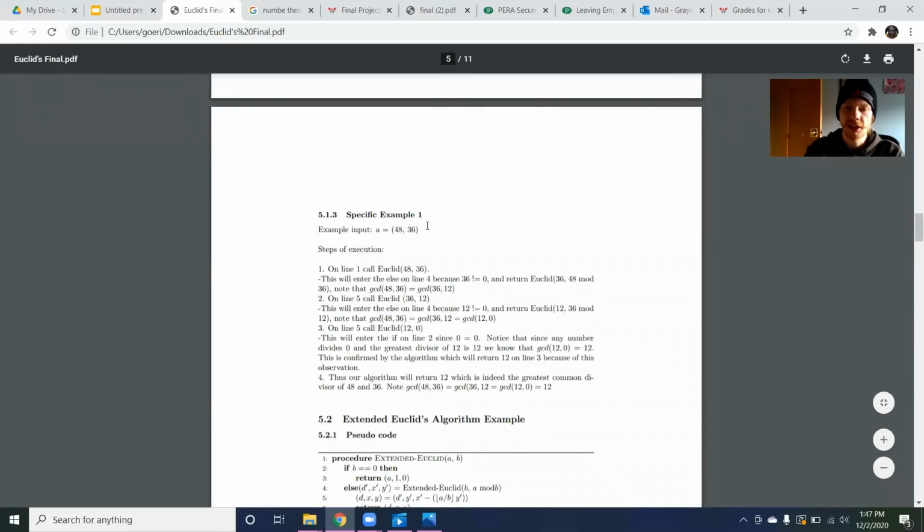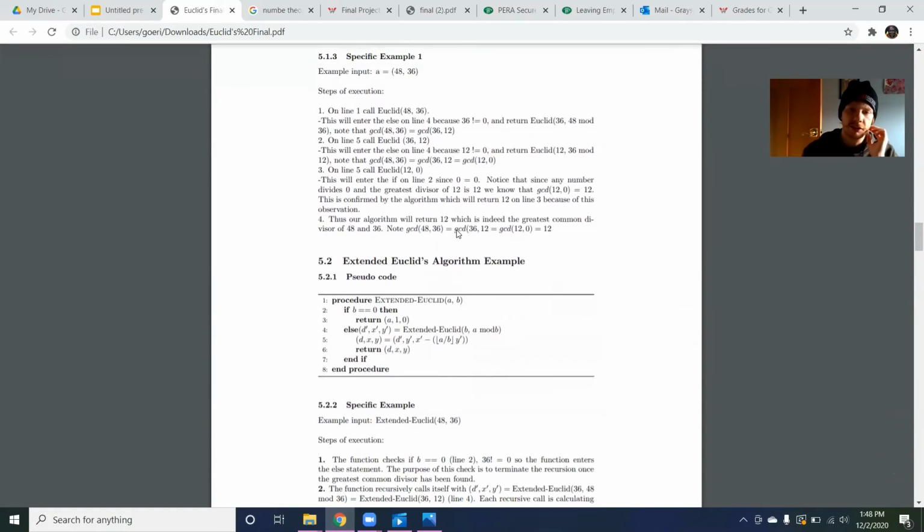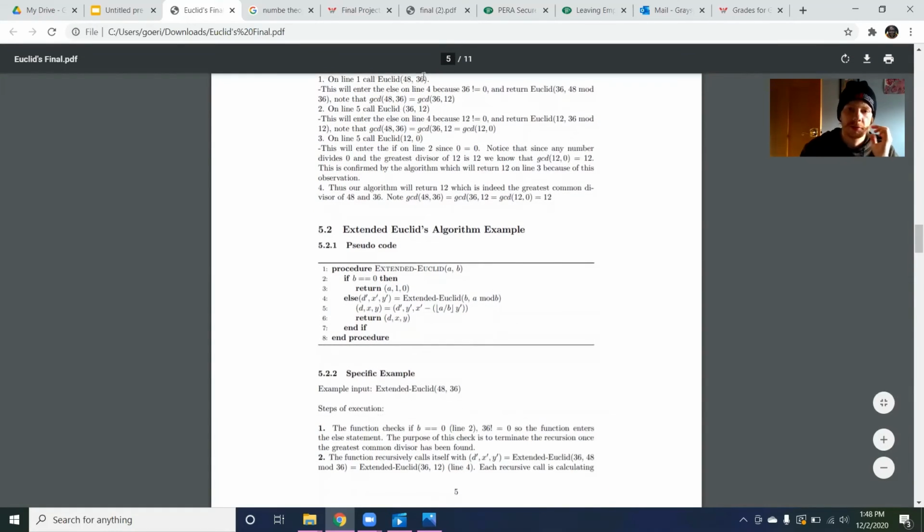Okay, so then for the example of the regular Euclid's, we're going to use this example input of 48 and 36 as our parameters A and B. And so on the first line, we'll call Euclid 48, 36, and that will enter the else on line 4 because 36 is not equal to 0. So then we'll make this call Euclid 36, 48 mod 36, which is equal to this call here,